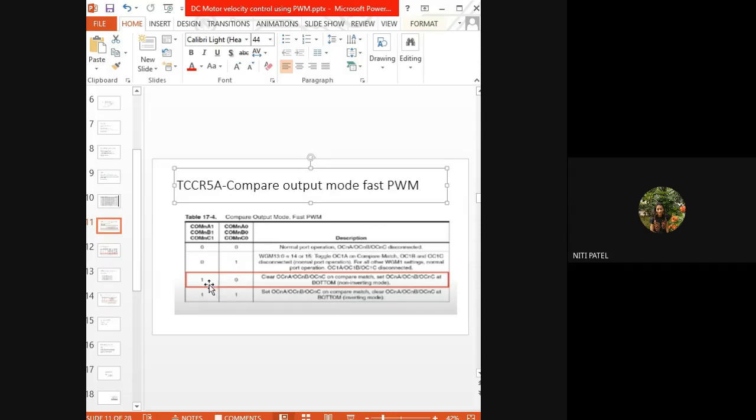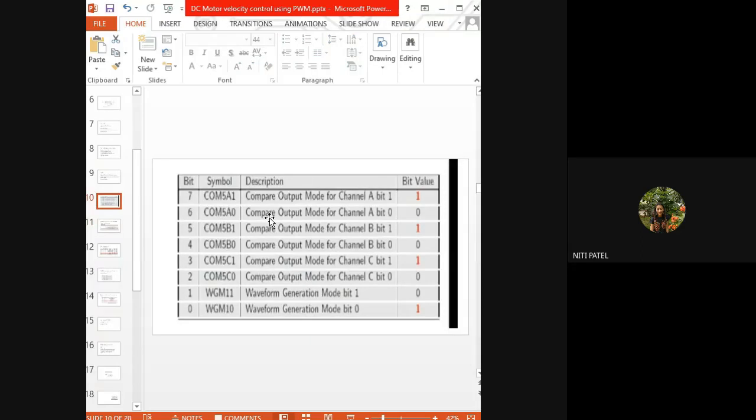Now, if the bit selected is 10, what is it going to do? It will first clear the previous contents. Previous contents मतलब जो पहले values लिखे हैं ABC channels में, उसको वो रिमूव करेगा. It will set it to new value which is in the non-inverting mode. Non-inverting mode मतलब उसके values कभी change ही नहीं होंगे until and unless you program it. Now what I'm trying to tell over here is what we are doing. In the previous slide we saw that we want to reduce the speed or reduce the velocity of our robot. So to do that we are selecting the fast mode.